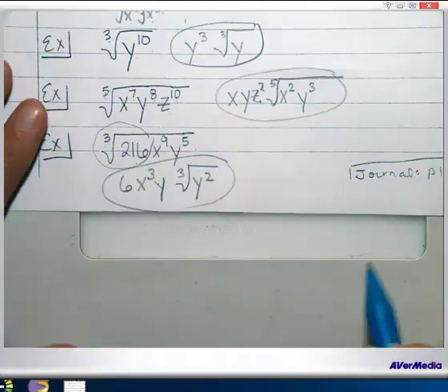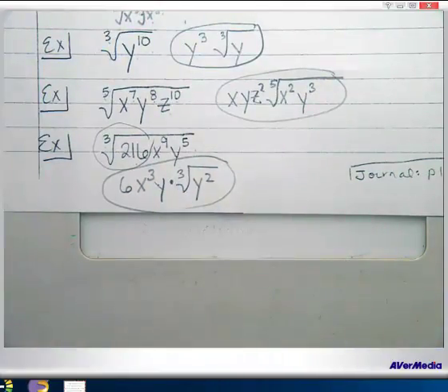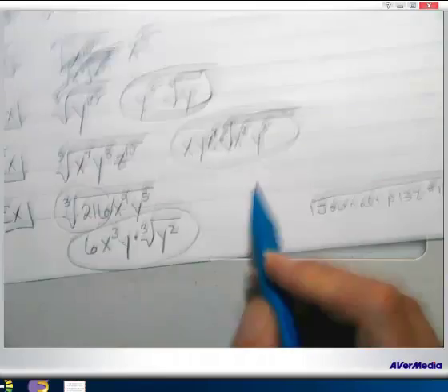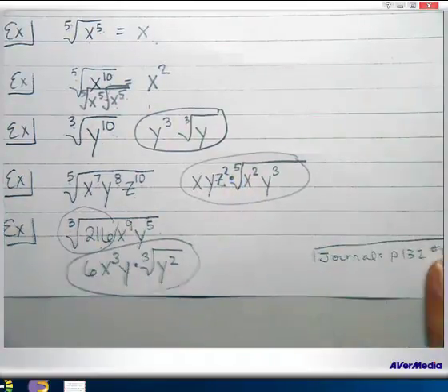And then we're simplified. Some people might want to put a times sign in here just to show that it does get a little confusing. It looks like the 3 that belongs with the cube root might be an exponent on the y, and it's not. So if you want to put that extra times sign in between, just so it doesn't look like z to the 25, like for this one. Okay. There's 3